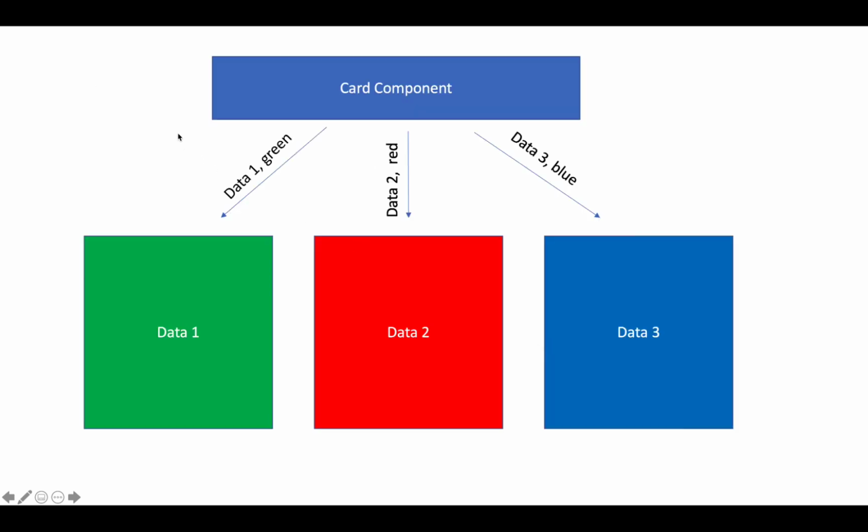First, let's understand what we mean by component-based architecture. Now, let's say you want to create a card component which displays some data with some sort of background color. Now, the data and the color is going to be different every time user clicks on a button. It's basically going to come, let's say, from an API. Now, do you need to create separate components every time for different data and different colors?